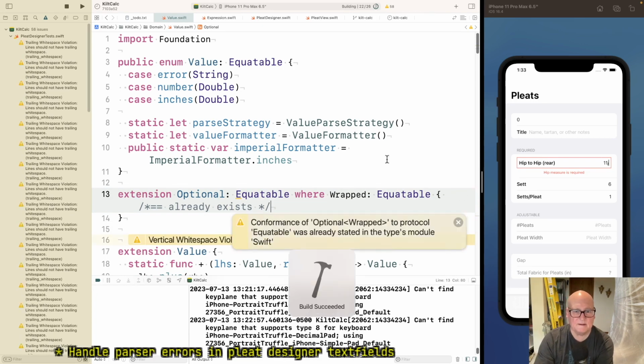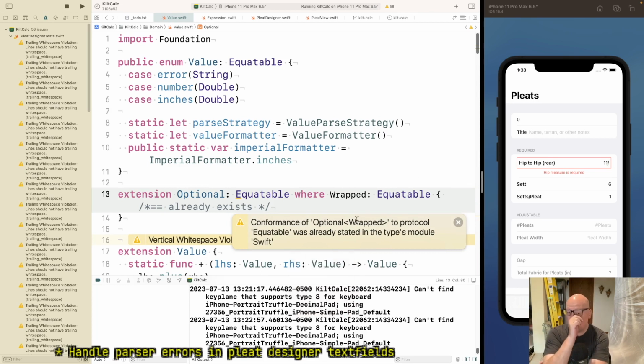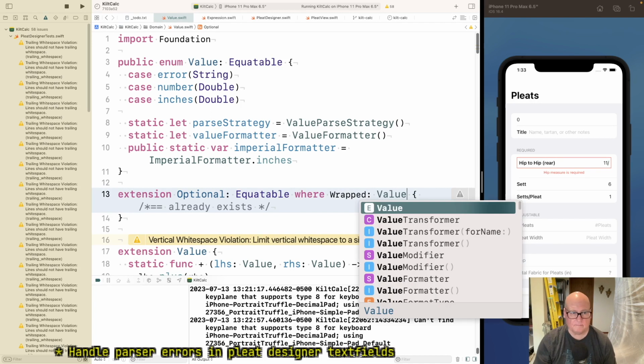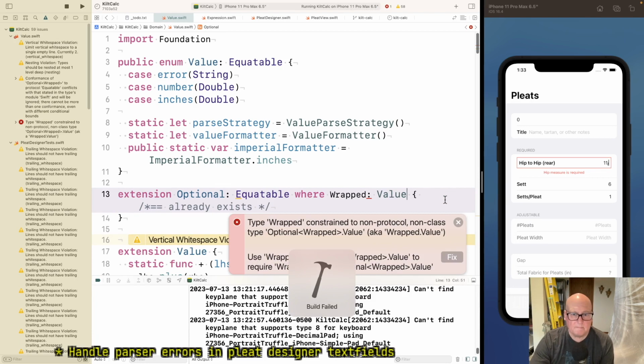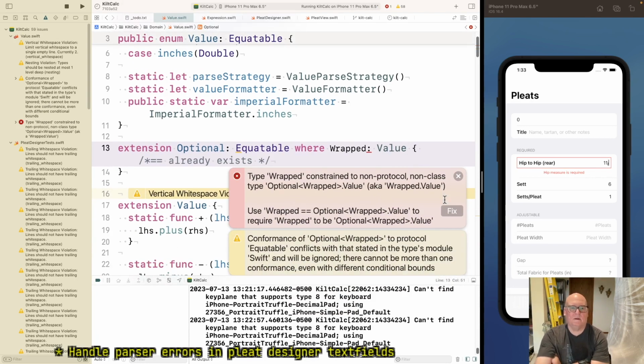Yeah. Optional route to protocol equatable. Types module Swift. Type wrapped constraint to non-protocol, non-class type. Yes. Wrapped optional wrapped value.